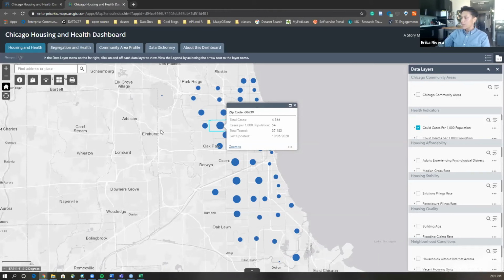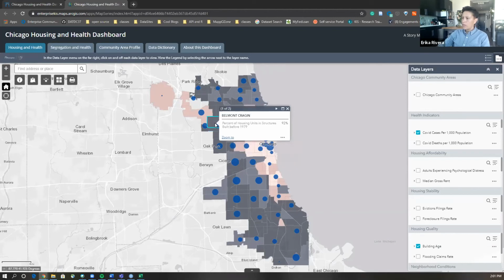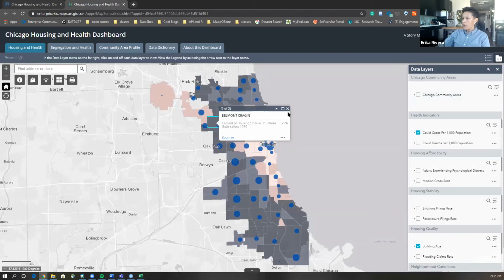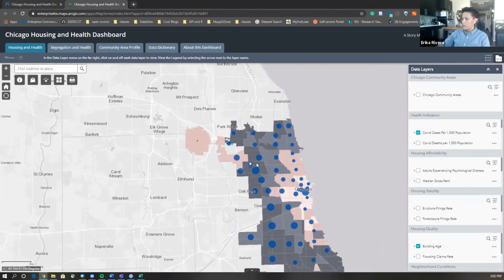If I turn on one of the data layers such as building age, and click on the community area, you can scroll through the different variables that are available and see the different pop-ups. If you click the arrow, the next box will give you, make it bigger or smaller. And add a marker, view attribute,